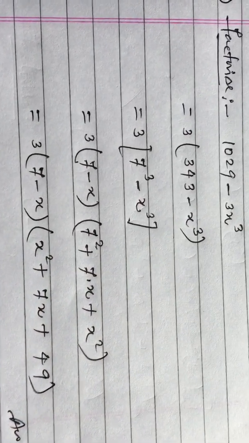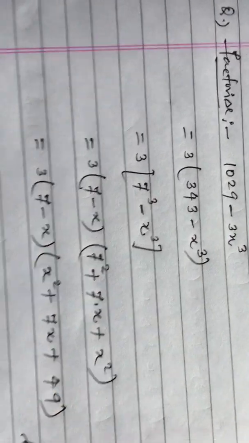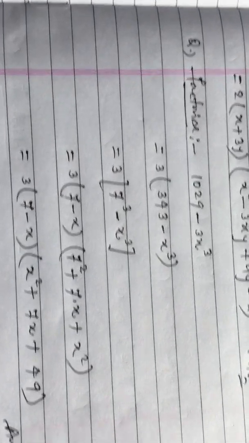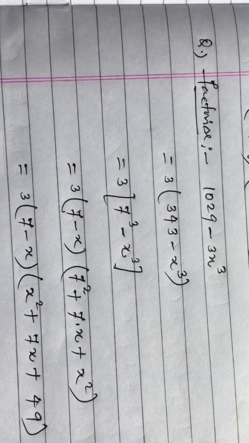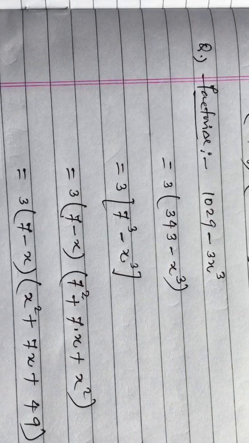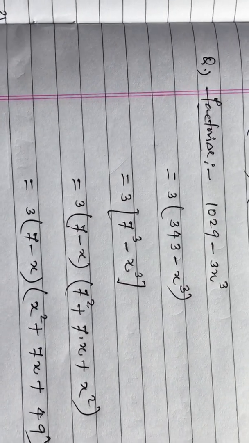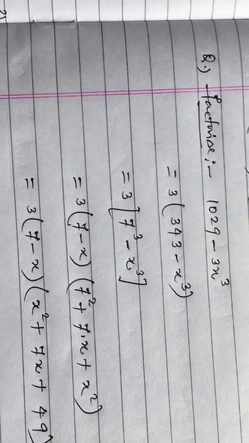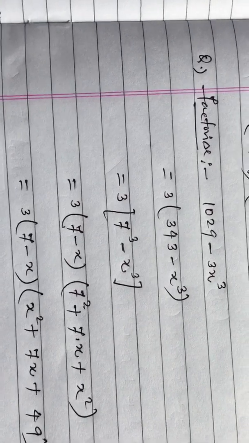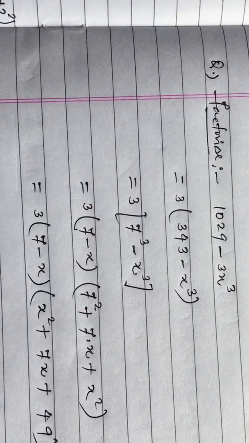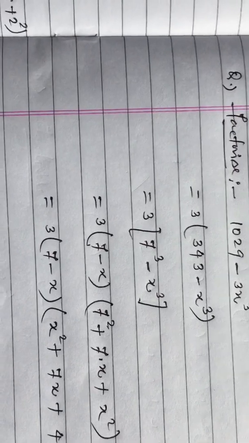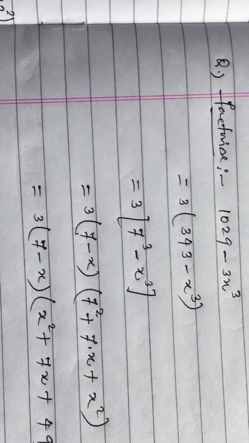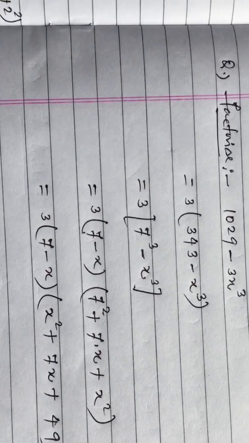So some more problems of this type are given in your exercise. I think it is given in 7D. So try to complete the exercise 7D, and before completing the exercise 7D, try to finish the solved examples. I think not 7D, I think it is 5D. So before the exercise 5D, some examples are there. So first finish the examples, then you have to try the exercise. And after finishing this, one more exercise is there, that is 5E.